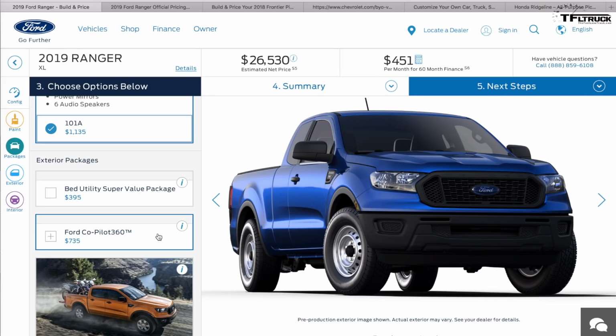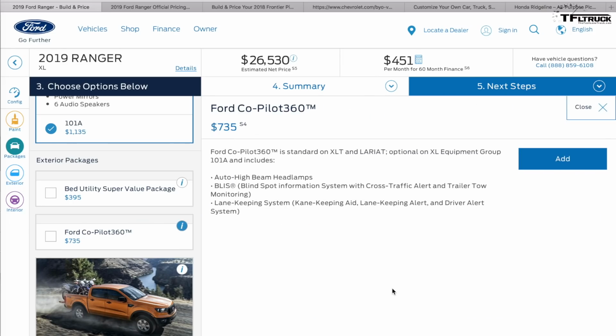The Copilot 360 is basically laid out this way. So it's auto high beam headlamps, blind spot monitoring with cross traffic alert, and lane keeping system. So it's basically a driver assistance package. $735 sounds like a reasonable deal. Bed utility,